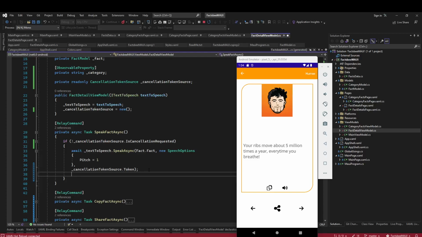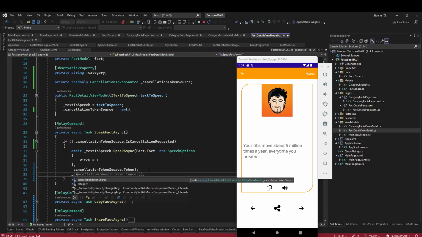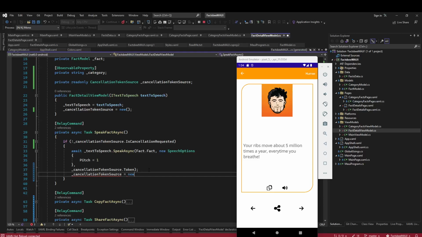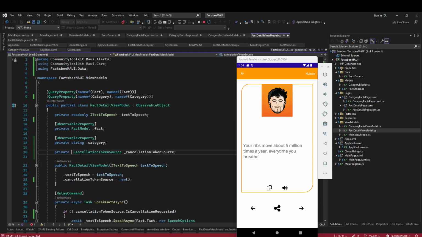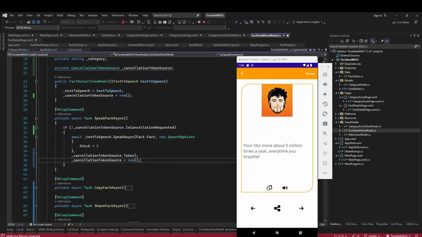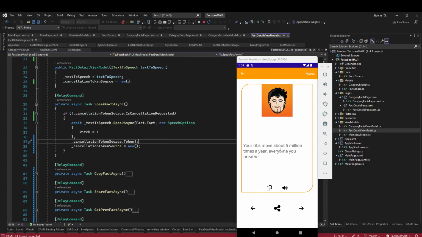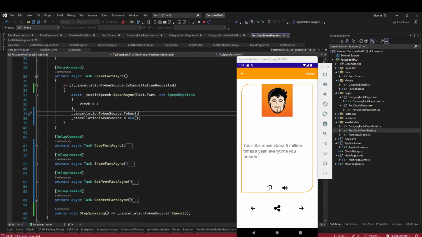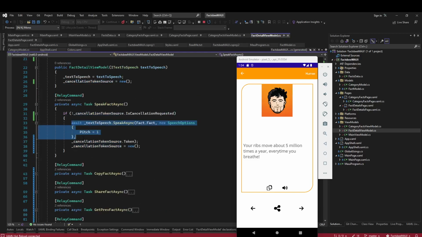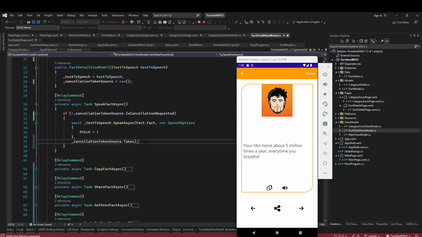If we do it here, so let's say cancellation token source equals new, we need to remove this readonly from here for this. So if we do this, the problem is when we are going away from this page, then this is going to be fired, it is going to stop. Then we are saying create a new cancellation token source, but we don't need this, maybe we are not going to come back to this page. So what we can try,